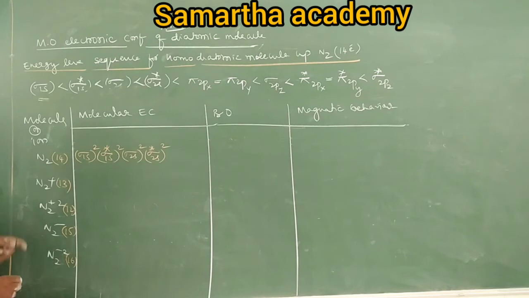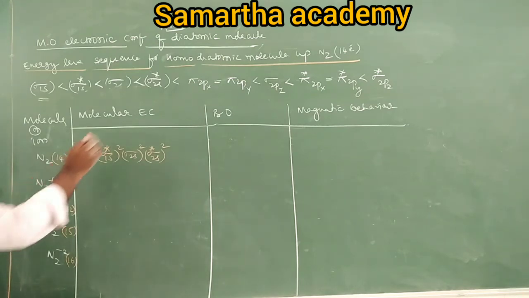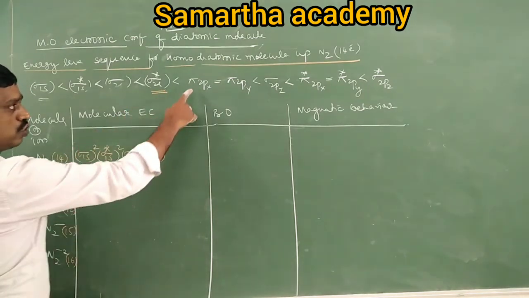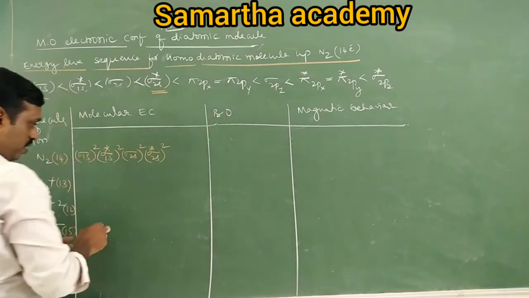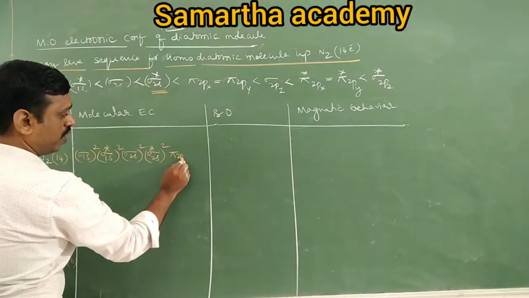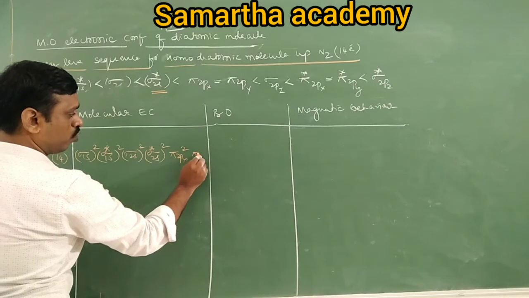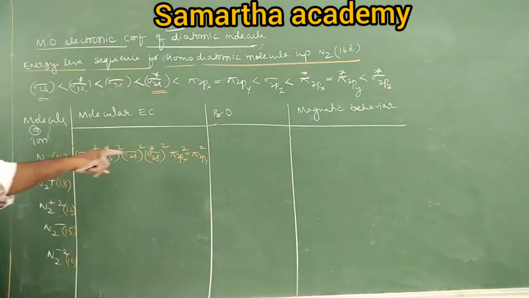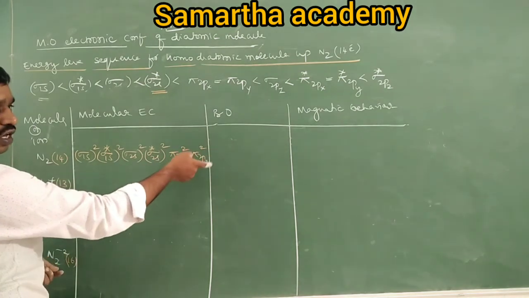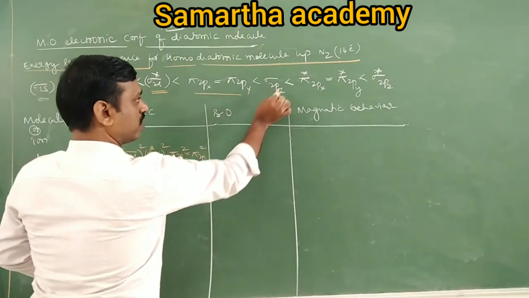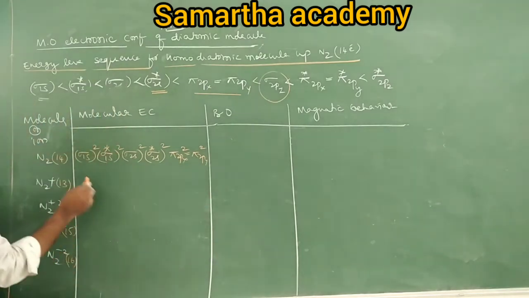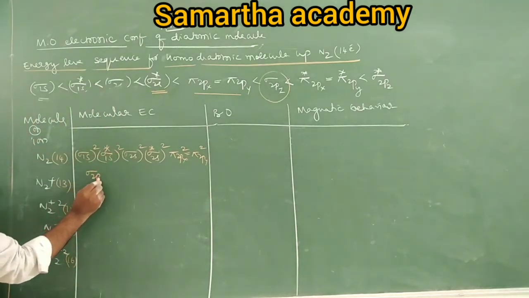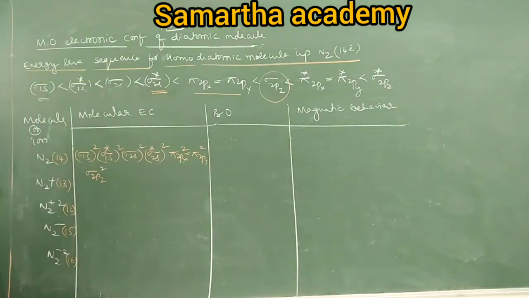How many electrons should we still fill? 6. Now tell me, after this the electron enters into pi 2px, pi 2py. So it is pi 2px2, pi 2py2, because these two are degenerate. Now it becomes 10 over here. The next 2 electrons, after filling this, should enter into 2pz. So that is sigma 2pz2. This is the electronic configuration.